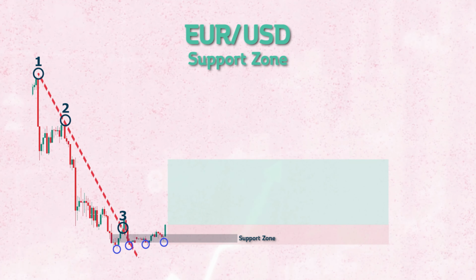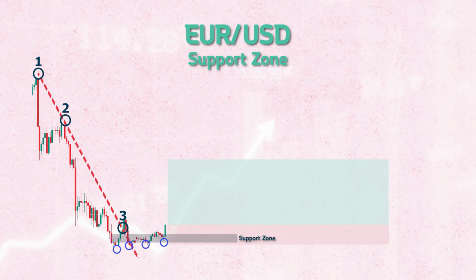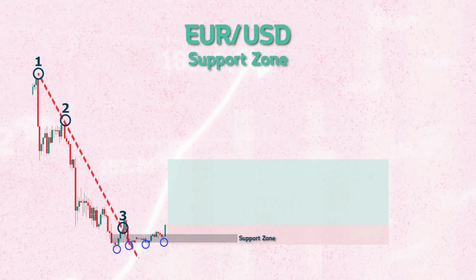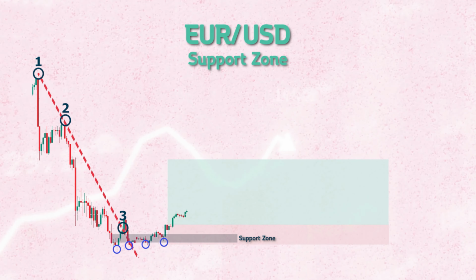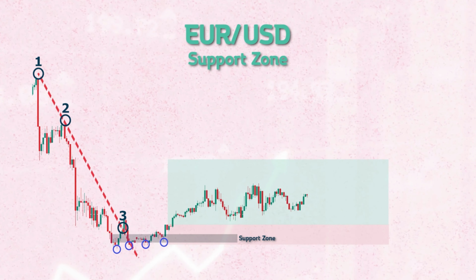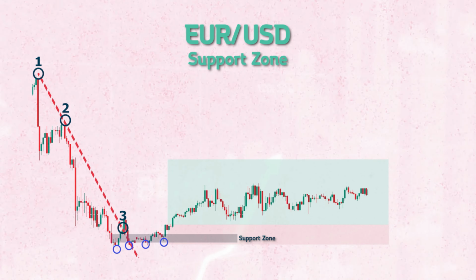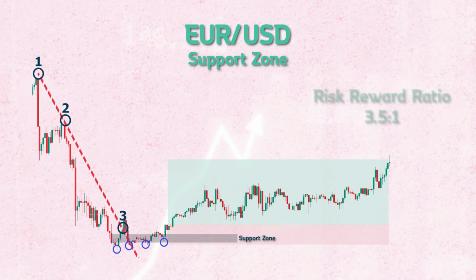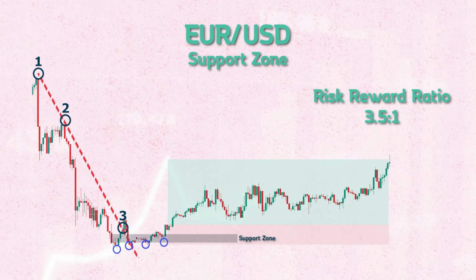We set our stop loss below the support zone where sellers fail to push price lower. Our take profit is our next resistance zone. It takes 2 days, but we exit the trade profitably, earning $350 for every $100 we invested, for a risk-reward ratio